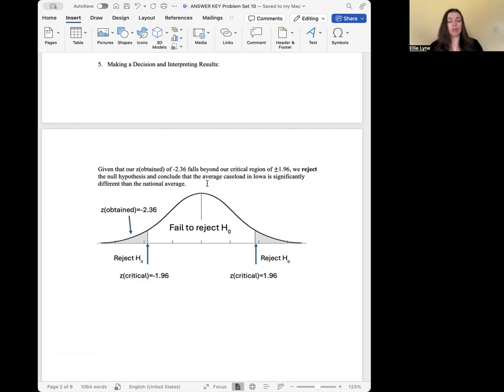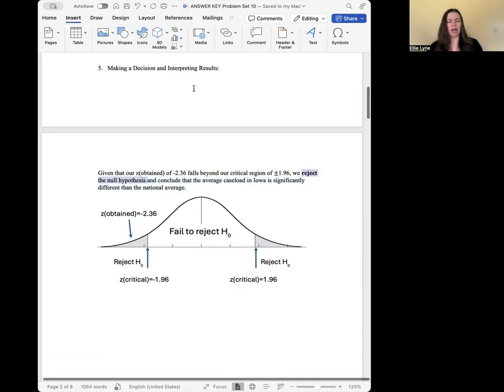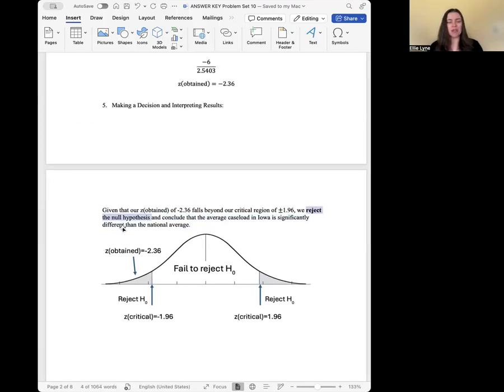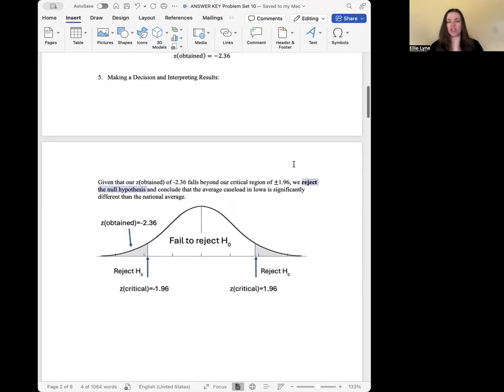Importantly, here as well, I've seen quite a few folks have these separated. So they'll say, like, reject the null up here, or even sometimes in step 4. Please ensure that your final interpretation has both of these elements contained in your final response. So you're stating both that you either fail to reject or reject the null hypothesis, and what your interpretation is within the context of the problem, all within one full statement. Otherwise, it can get a little bit disjointed. So please make sure to try and both make that decision and interpret the results all in one here for